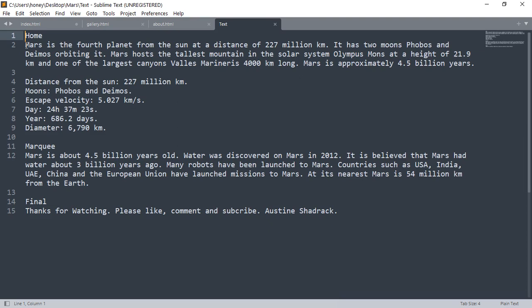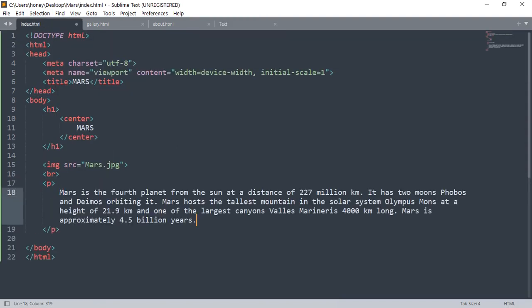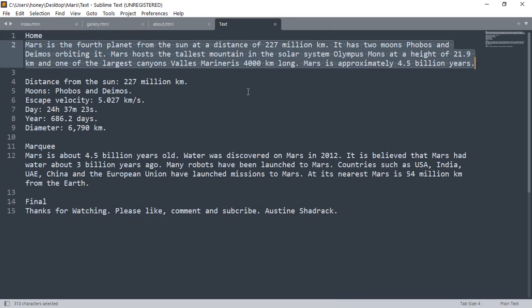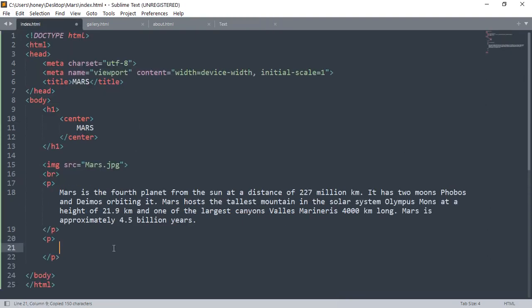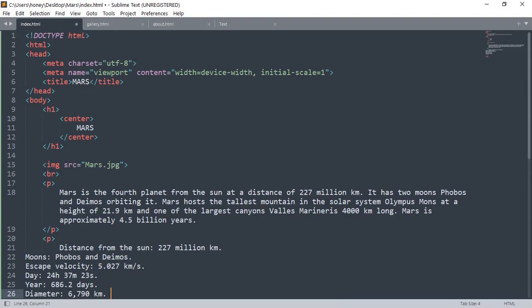So coming over there, I copy this, copy that, Ctrl V to paste there, and then you save, Ctrl S. We're going to open up another paragraph, and within that paragraph we are going to copy this text which has some facts about Mars over here, and then back here, Ctrl V,